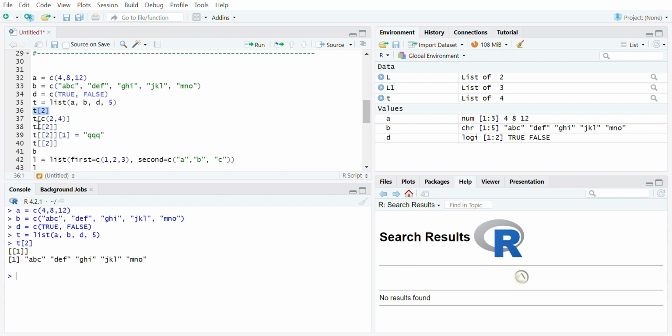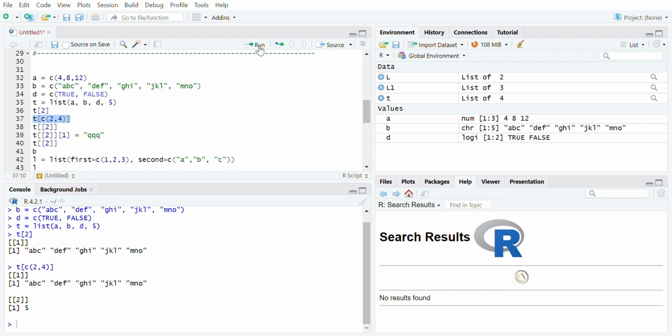Suppose now if you want to fetch the second and the fourth element of the list, you have to give t square bracket c of 2 comma 4. That is, it is going to combine the second and the fourth element. It is going to list the second and the fourth element. See here, you can see the second element a, b, c, d, e, f, g, h, i, j, k, l, m, n, o. This is the second element and 5 is the fourth element of the list. So both are